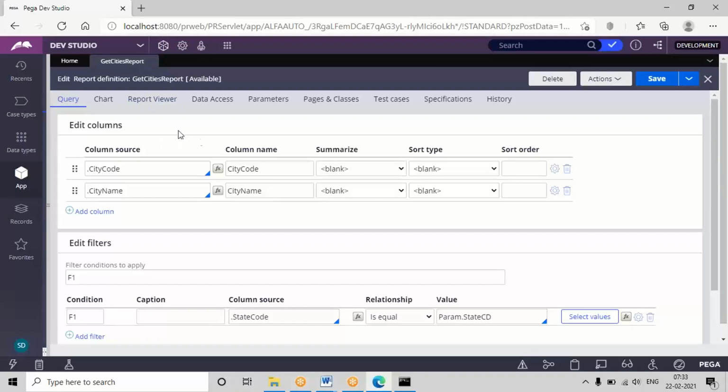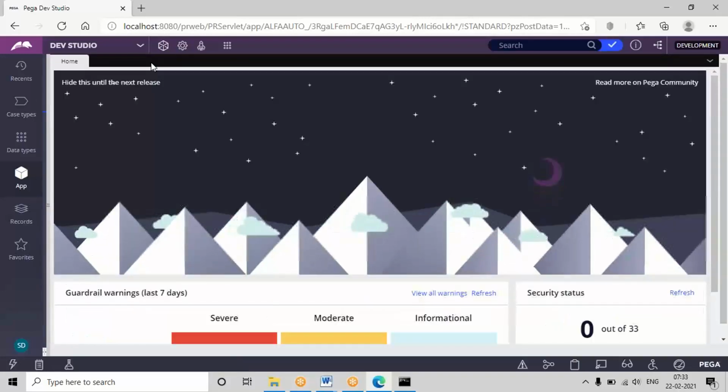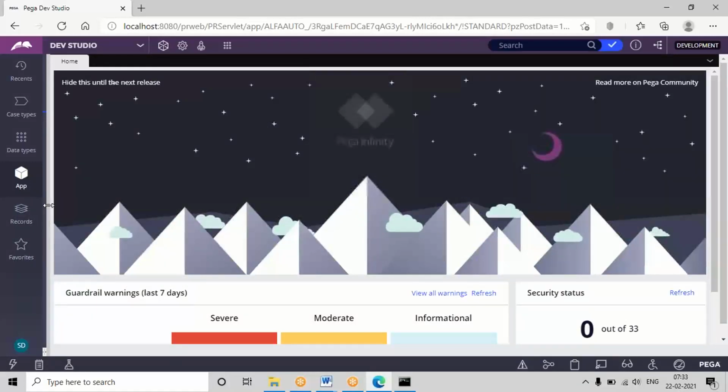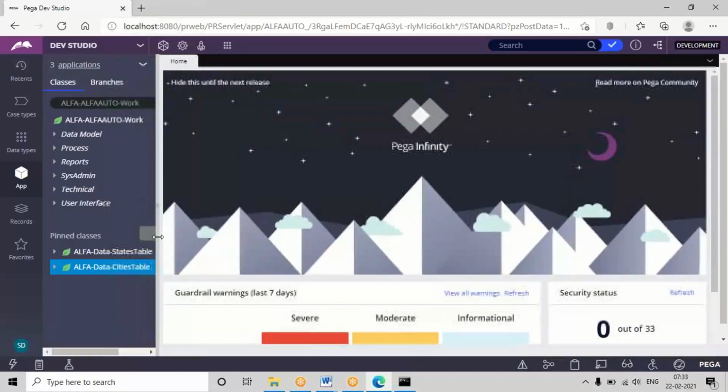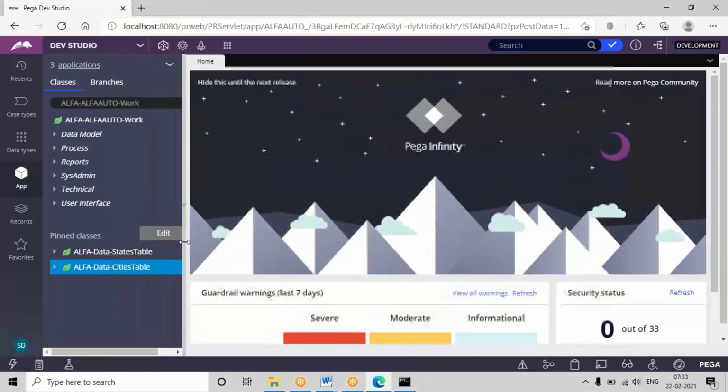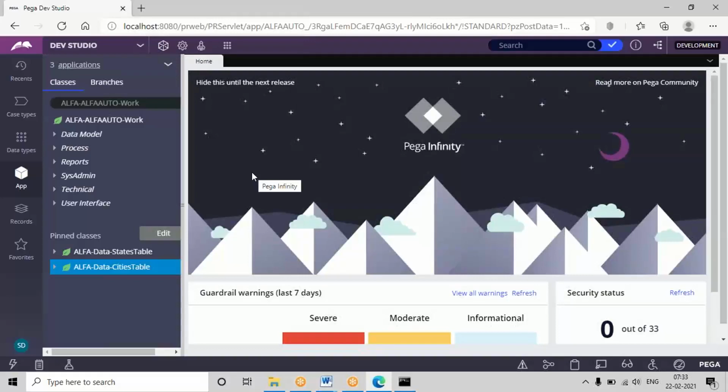Somewhere else in some other pages also, if you get the same cascading requirement, you need to go for data page. Okay? And based on whether it is the same transaction or a different transaction, accordingly you have to specify the data page scope. Okay, whether it is thread or node or requester, you have to specify where you are going to use it. Already I discussed in the data page, right, in detail. So you can try that.